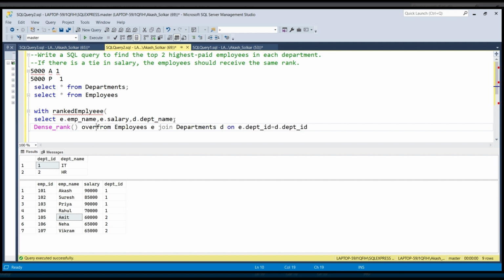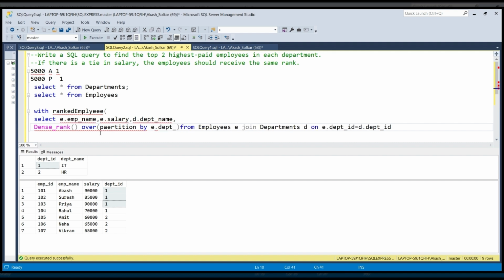In the over clause, we need to give partition by or order by. Because we are giving a rank to each employee's salary per department, I'm going to use partition by